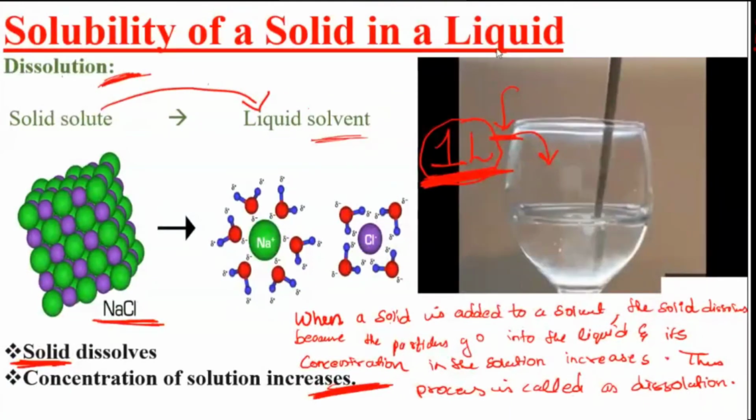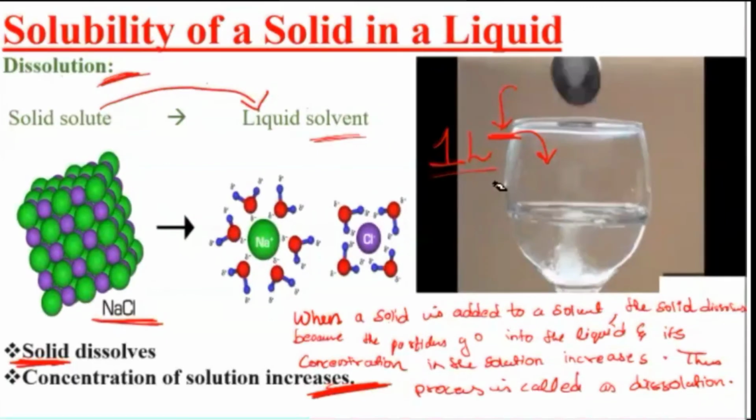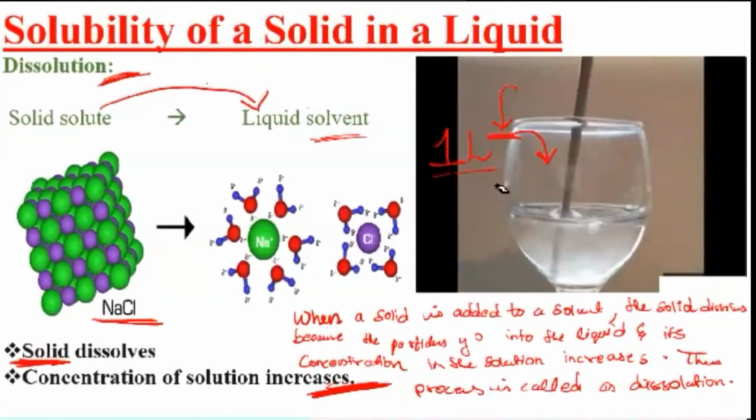I believe the difference is clear. In simple words, I'll repeat once again. Dissolution means if you have a solute and it dissolves in a solvent to form a solution, that's the dissolution process. But if you have 1 liter, and you ask how much maximum amount of the solute can get dissolved in it, then that is solubility. I hope the difference between these two is clear to everybody.